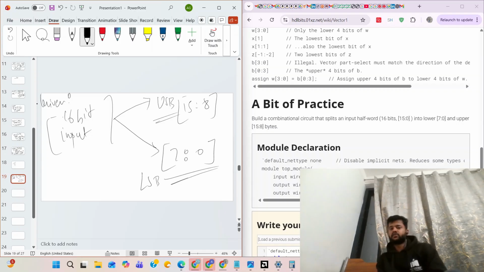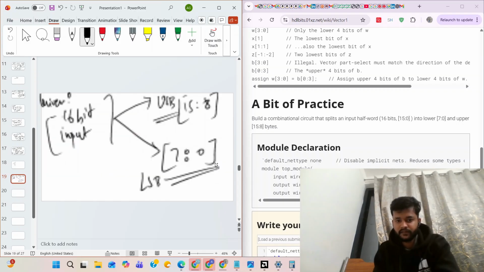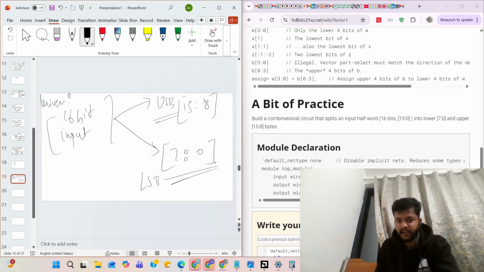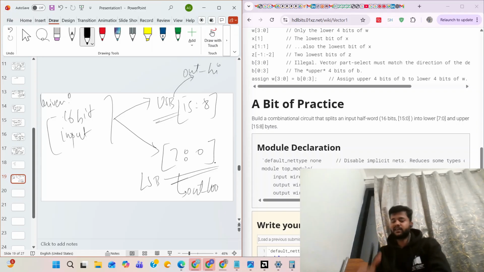You have to split it into the two parts, and then you have to assign this to output high and this to output low. You understand the concept, right?